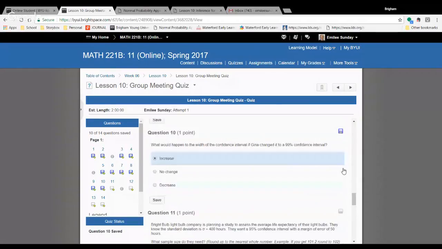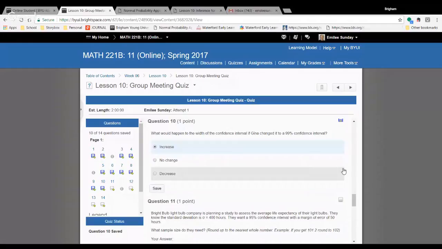And then on 10, if the confidence level increases to 99, then the width should also increase. Is that what you understood? Yeah, it says as the level of confidence increases, the width of the confidence interval increases. As the sample size increases,